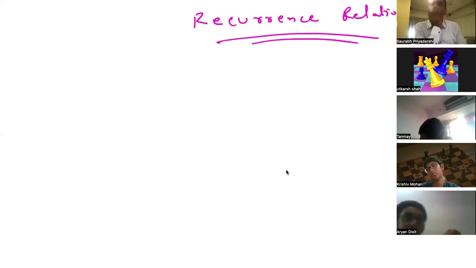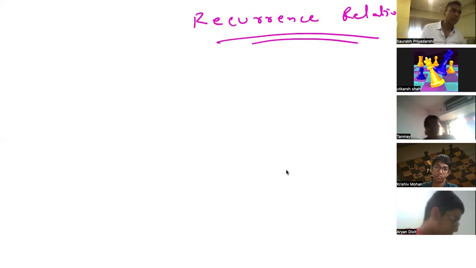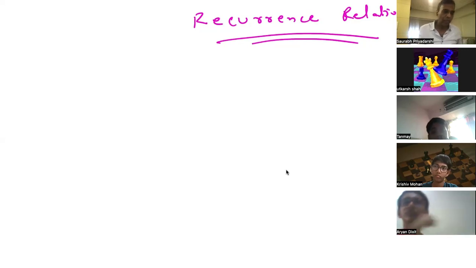Recursion relation. We have already done the questions on how to form the recursion relation. Now we will discuss how to solve the recursion relation, what types of recursion relations there are, and how to solve the different types. First, I'm just giving you an example of how to solve this. Then I'll go on to the types of recursion relations and how to solve a few of them,